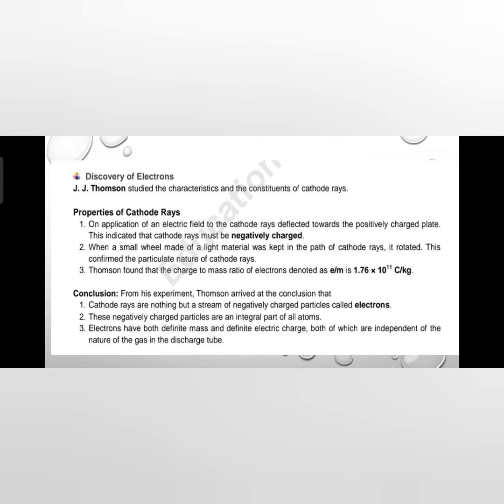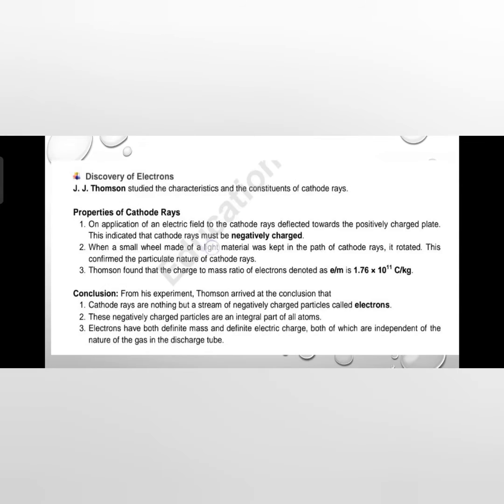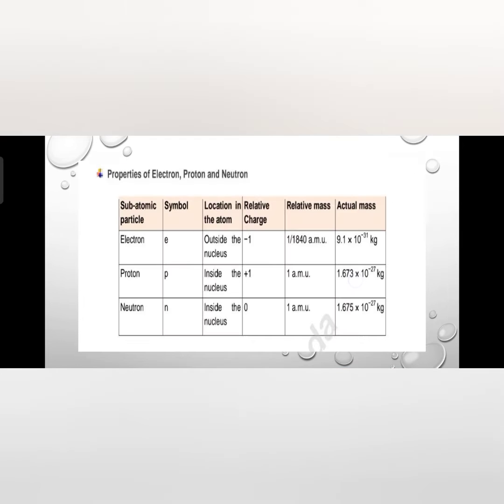Apart from this, we have studied that electrons revolve rapidly in fixed circular paths around the nucleus. These circular paths are called energy levels or shells or orbits. The atoms of different elements contain different numbers of electrons, protons and neutrons. So now coming to the fourth B of this lesson, in this part we will study about the